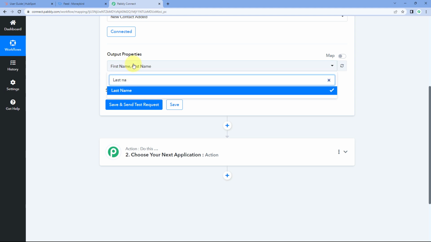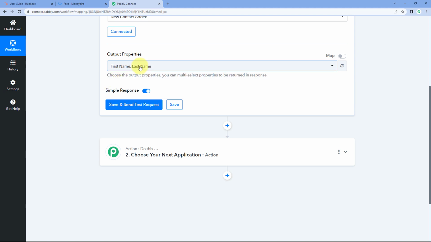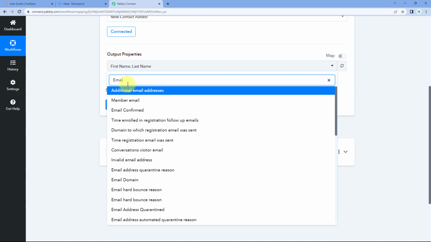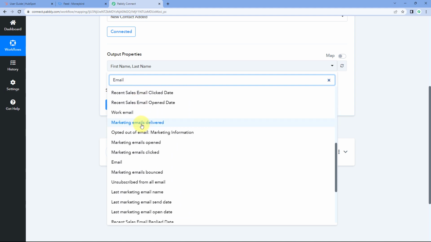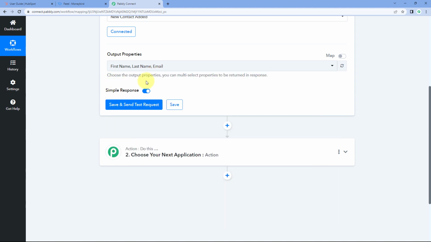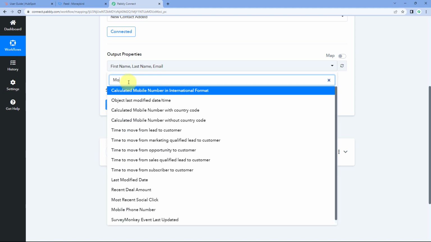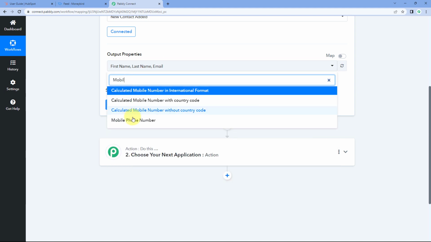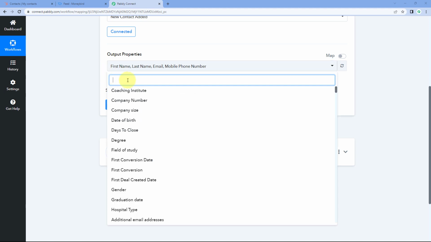Just select it. So you can select multiple properties of a new contact which we want to receive. So I want the email. So I'll select this property of email as well. Then I also want to get the mobile number. So I'll just select mobile phone number. Just select it. So in this way, you can select any properties from this dropdown. If you want to get all the details of a new contact which we are creating, you can select all